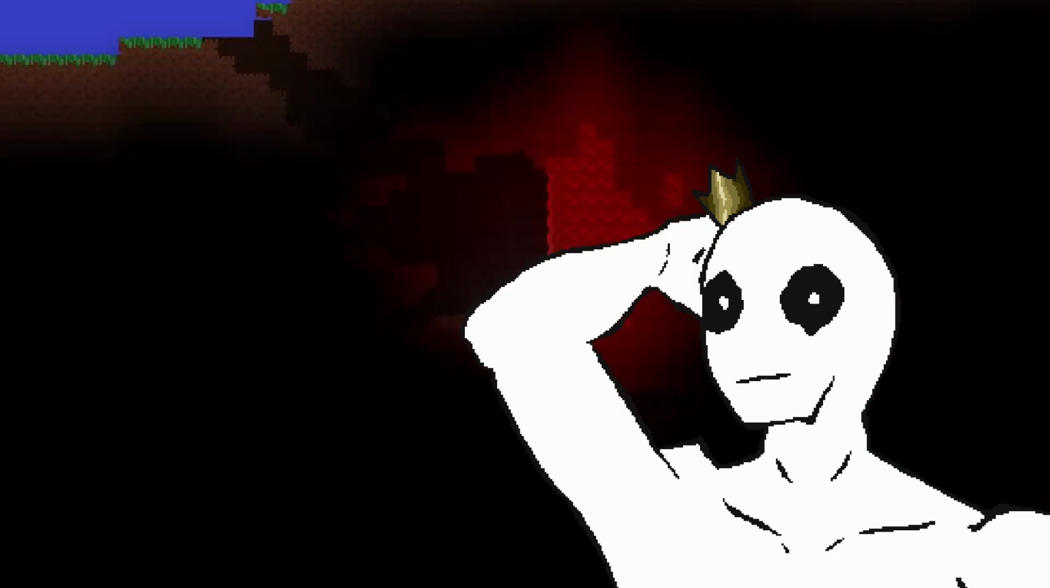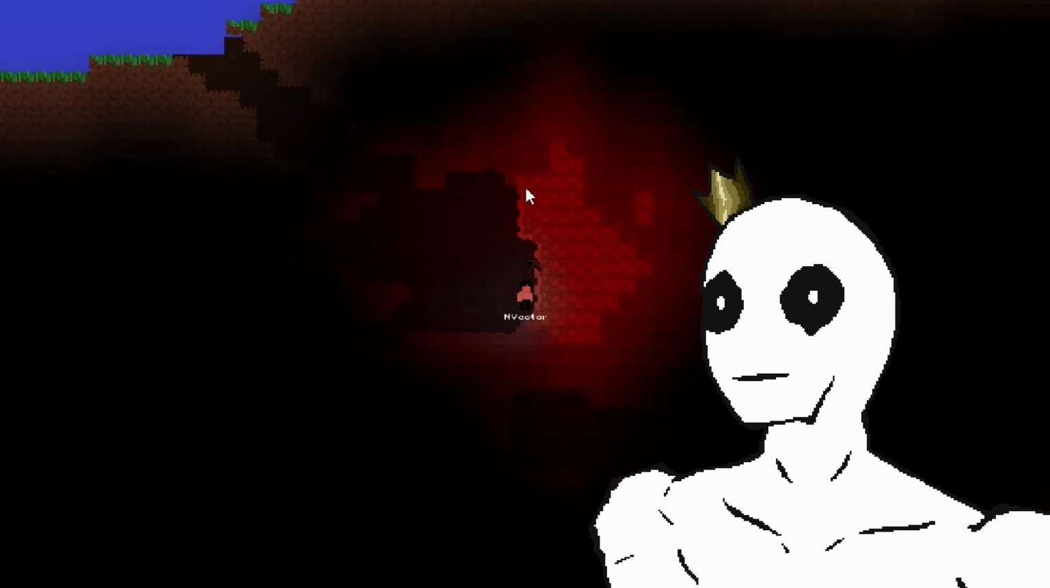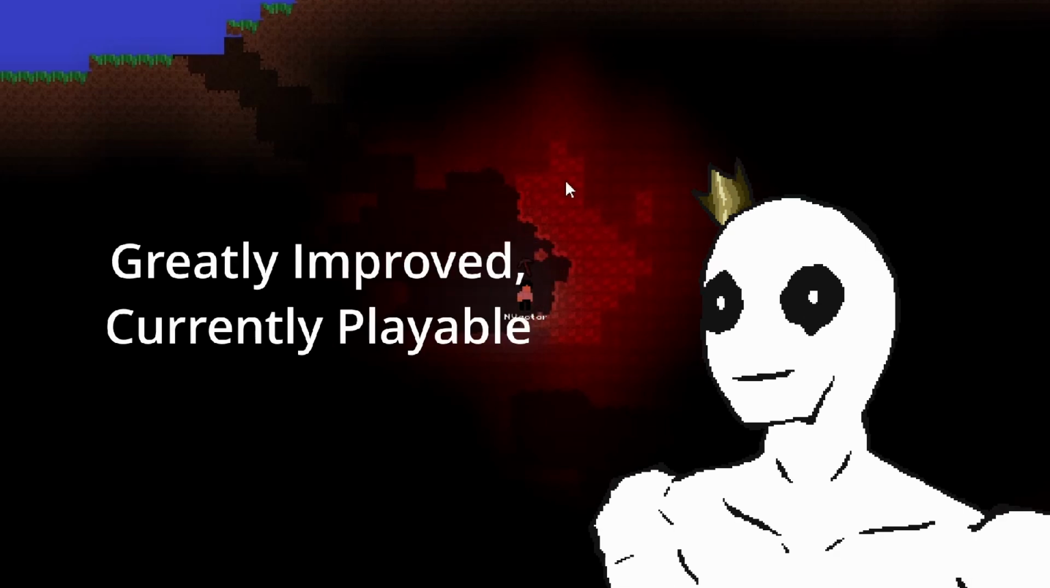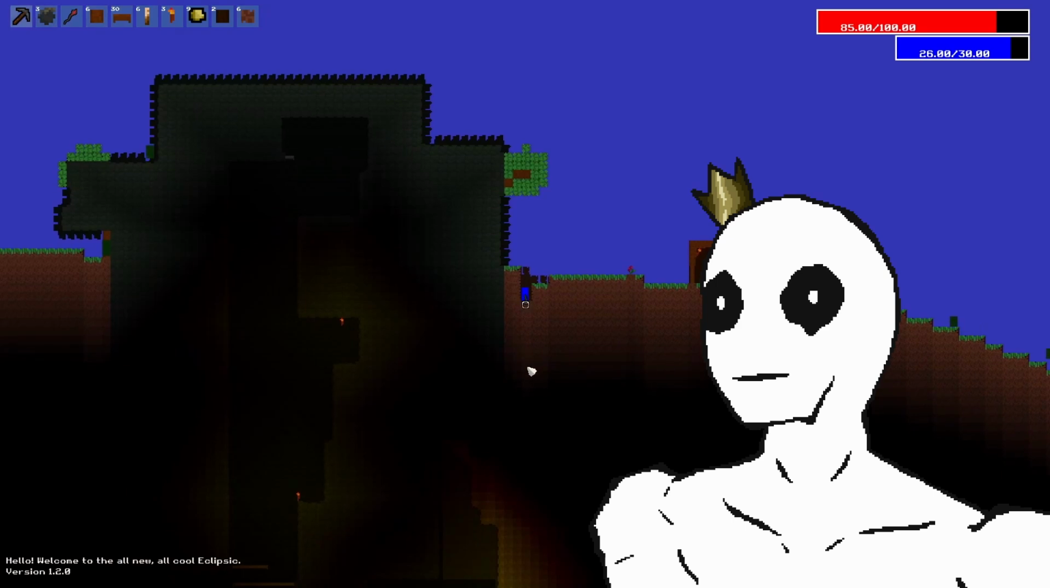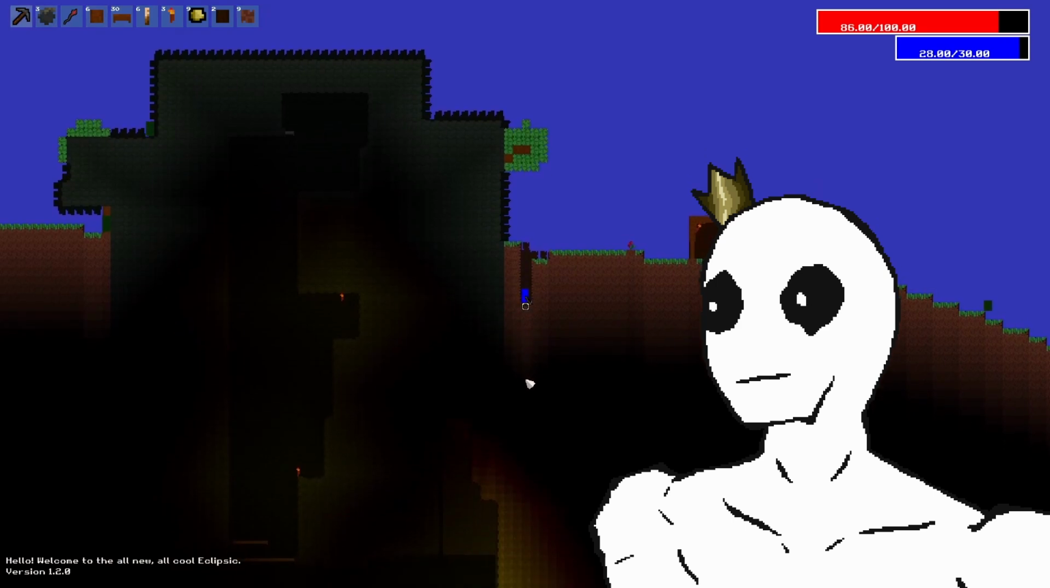I still don't know what happens when 2 people try to play together with different mods loaded, but when they have the same mods loaded, everything works fine. Now that I've gotten the new superior Eclipse showcased, it's time to move on to the greatly improved and currently playable Eclipse. So even though I have restarted Eclipse again, I still did get a lot of dev work done